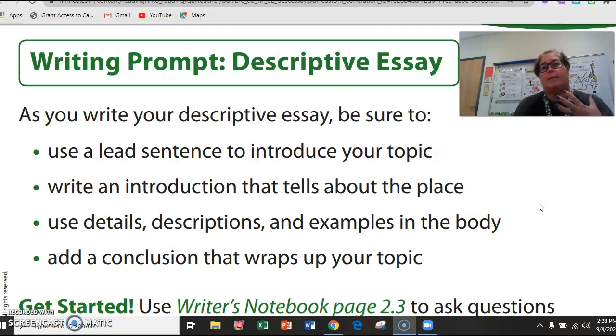I would put, I love my Mimi because she cooked for me. She played games with me. She would let me come stay at her house in the summer. She had all kinds of animals. She would take me to feed the animals. We would cook stuff together in her kitchen. All these are descriptions and details that are going to go in the body of my essay, explaining exactly why I love my grandma.